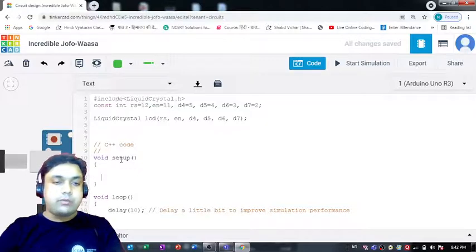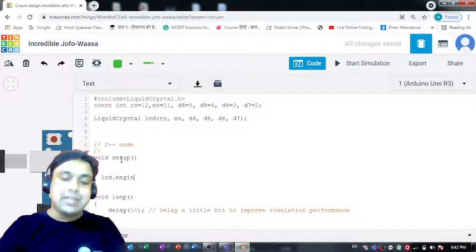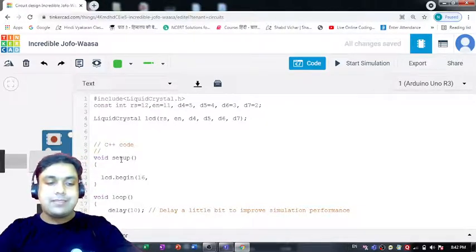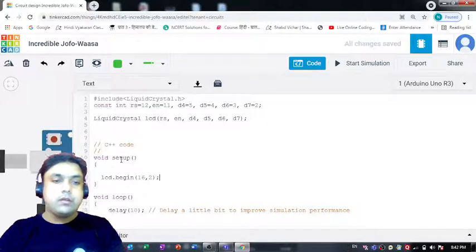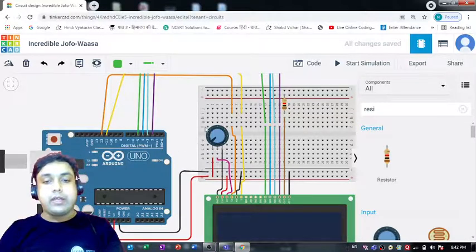Now let's come into this setup function. What all things do we need to define in this setup? Let's do that. First of all we have to define the code with the help of which we can begin the LCD. So lcd.begin, and we can define 16,2 over here. Now why I have defined 16,2, that's what you guys have to find out.